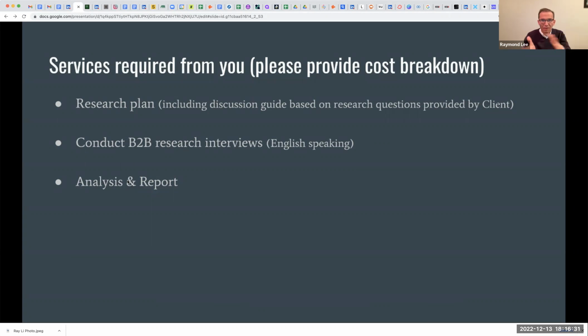Hopefully, we're going to clarify those things with the client and say, my bid does not include recruiting the participants. My bid does not include having a platform. But if something goes wrong and they expect you to do it, and you're in the position of, okay, well, I want to please them, so I'm just going to do it. Then maybe you've got a little bit of padding in there, a couple thousand dollars, and you could recruit the participants. You could pay for a platform and use it for this project.